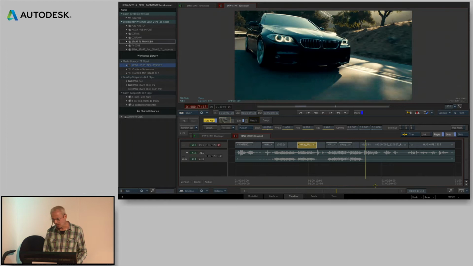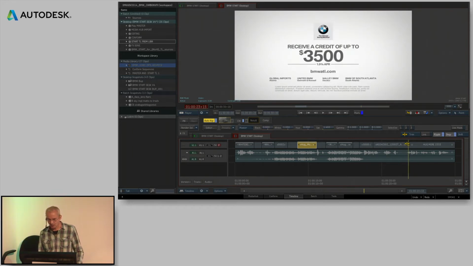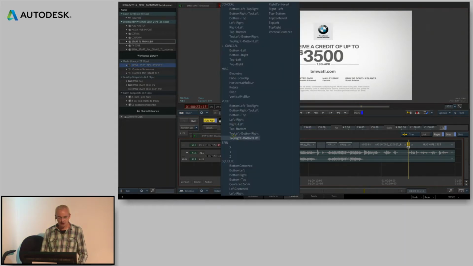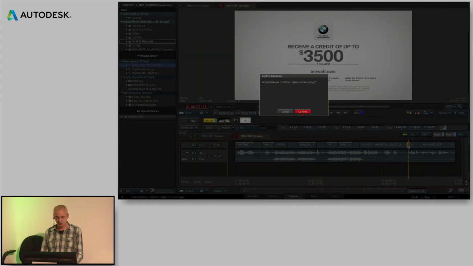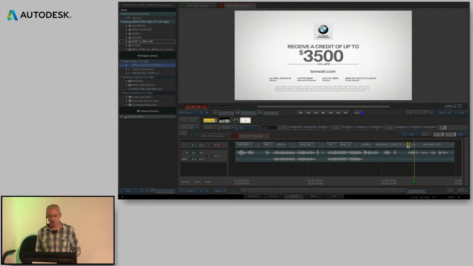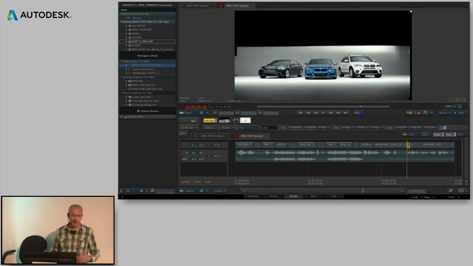Now, just while I'm here, I'm going to show you something else, a transition effect. Of course, we have wipes and dissolves. I think you'd expect that, wouldn't you? But we're new to the 2014 release. We've got some kind of funky transition effects, such as simple push-ons. Part of the reason we've introduced these is to be compatible with offline. So again, if you set something up like this in the Avid Media Composer, this will be directly translated via